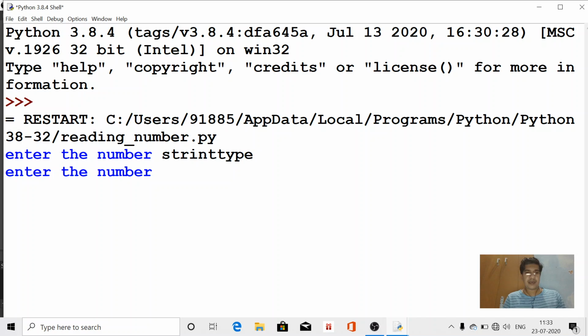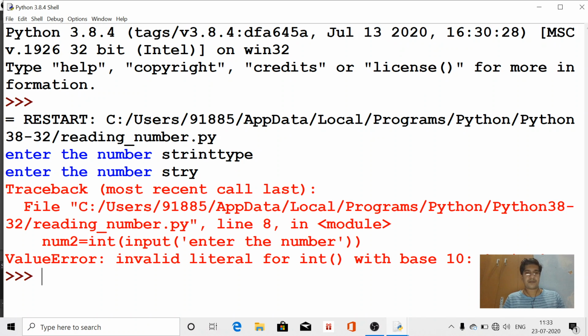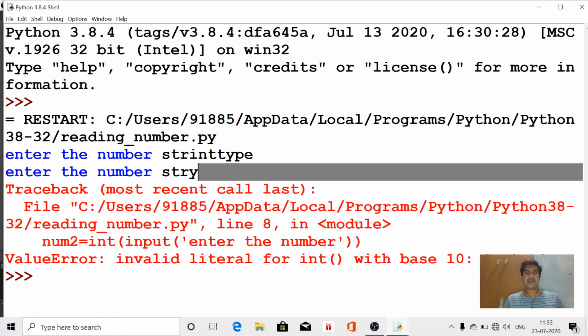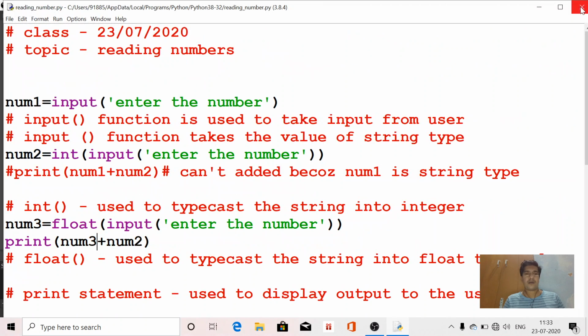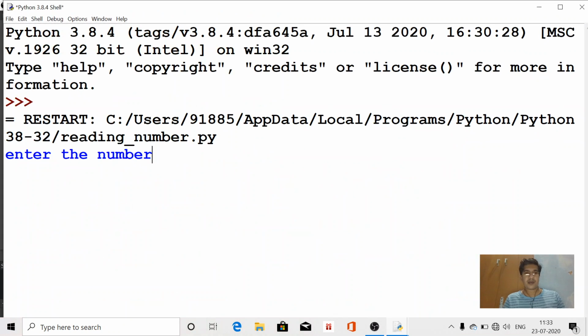But now see, that means in number 2 you cannot have the string type of value, it must be integer. This value must be integer, not the string. That's why here error is generated. Now run the program again and we are going to take the correct value.